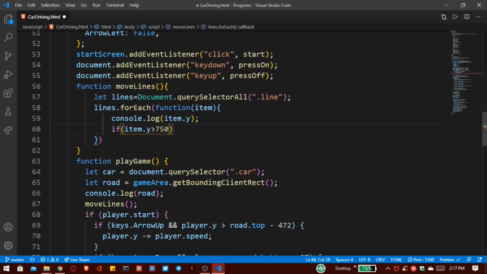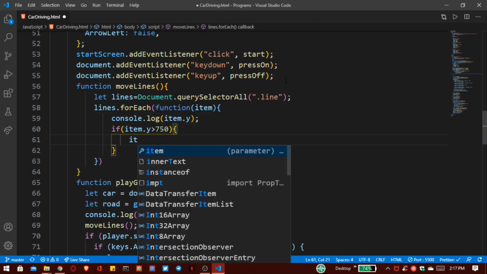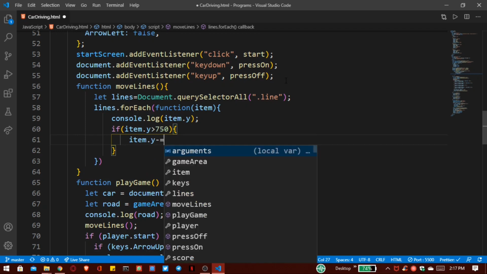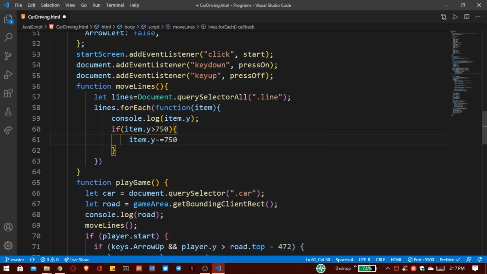This is our position of y coordinate. Then we have to set our item.y to 0. Let's use, instead of 0, minus 750.